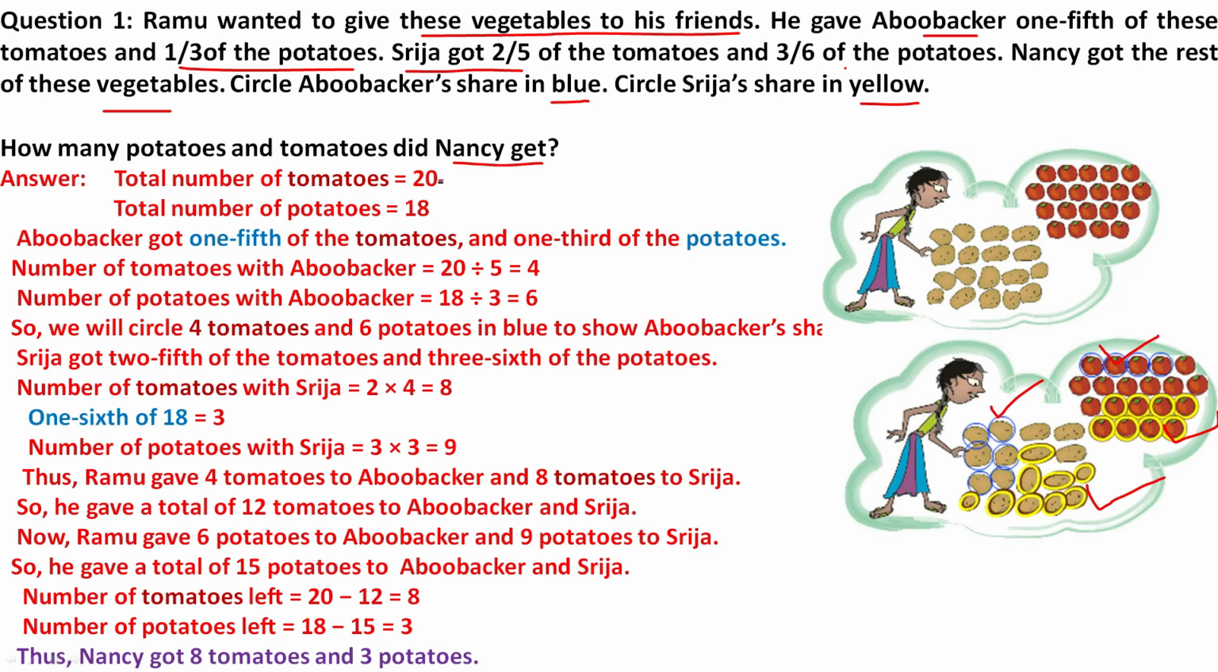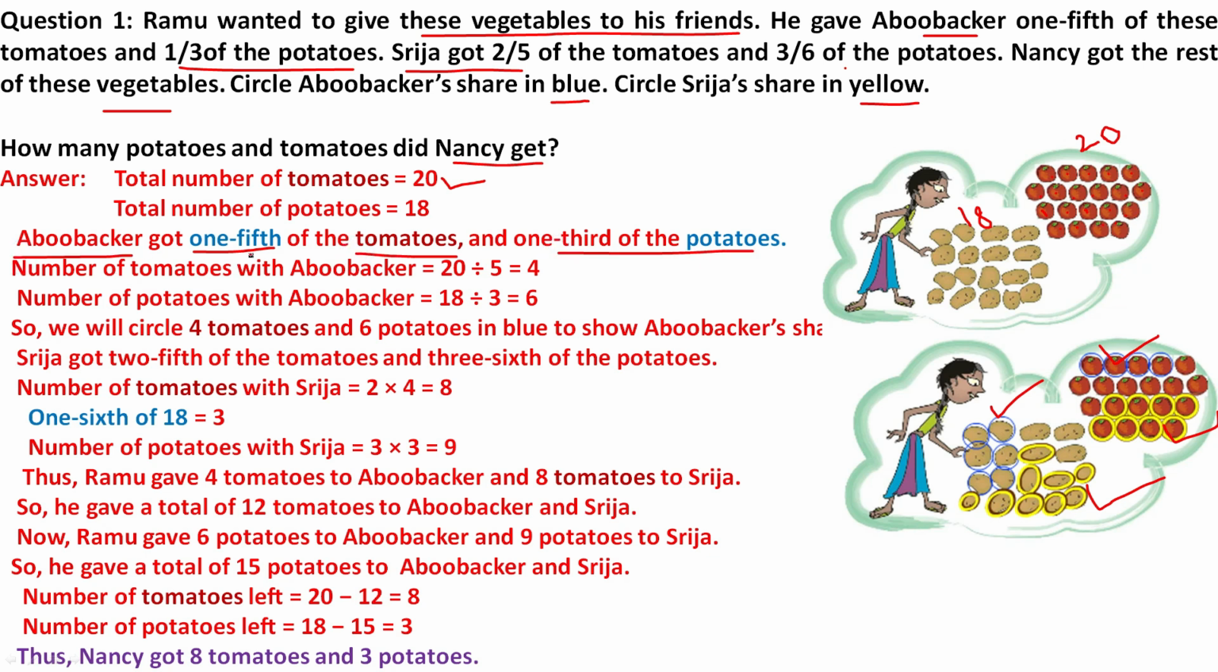The total number of tomatoes in his garden is 20. You count the number of tomatoes: 1 2 3 4 5 6 7 8 9 10 11 12 13 14 15 16 17 18 19 20. 20 tomatoes. Potatoes: 18 potatoes. He is going to give 1/5 of the tomatoes and 1/3 of the potatoes to Abu